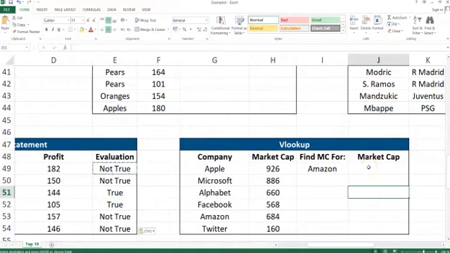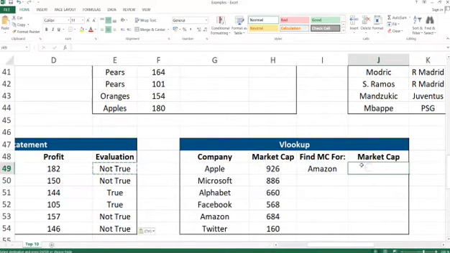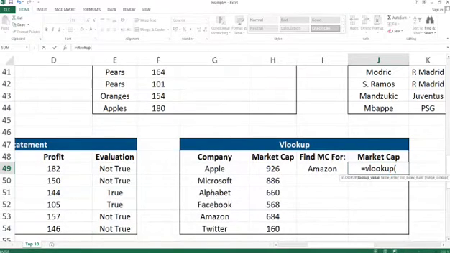So the example here is about companies and their market capitalization, in let's say billions of US dollars. We need to find the market capitalization for Amazon, and in order to do that, we need to use Vlookup, and this is how it is used. As you can see, the lookup value should be put here first. So this is our lookup value, and then the range